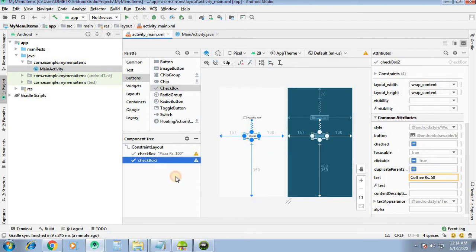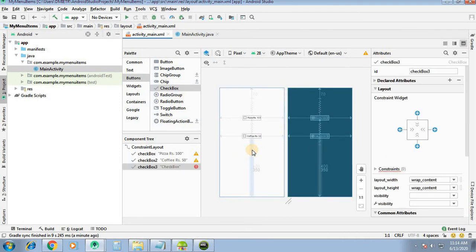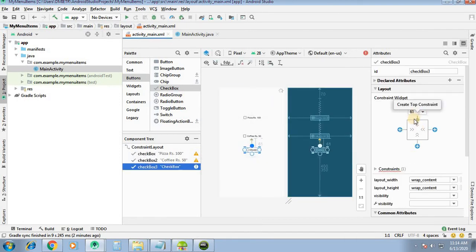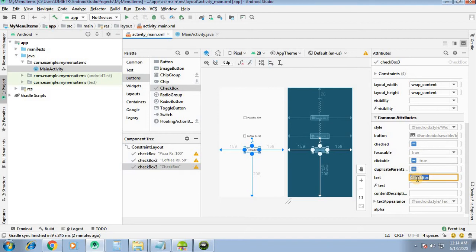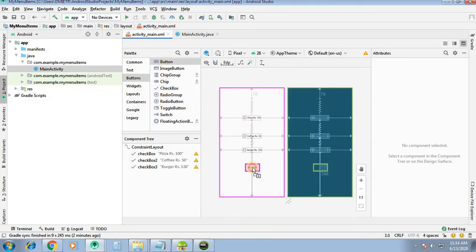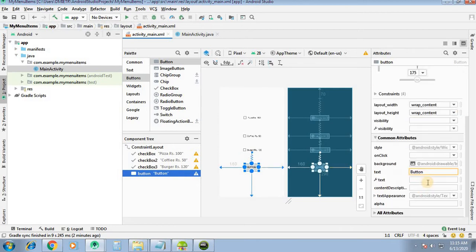We will take one more checkbox, drag and drop it. We call this burger rupees 120, and we will take a button, and we will call it as a total.